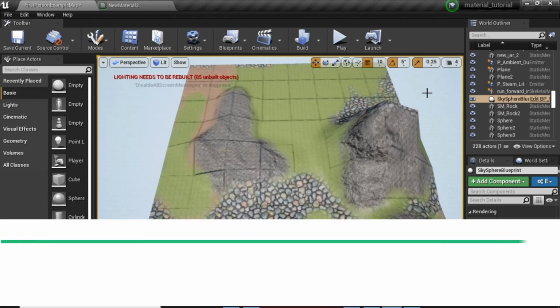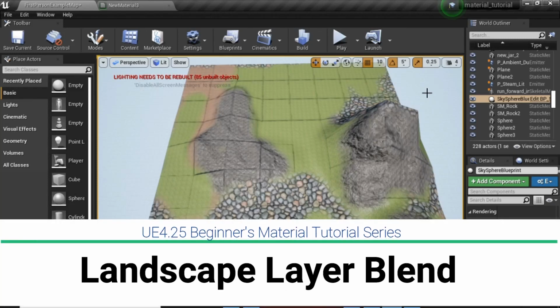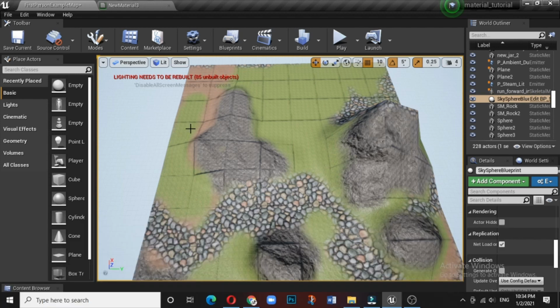So in this video, you will see how landscape material can be used or made. Now in the content folder, you will see a lot of material which is available. Here you can see it is grass, here it is stone, and here it is some sort of rocks, material or some sort of sand. So you can apply all these individually. I mean, that is not a big deal.